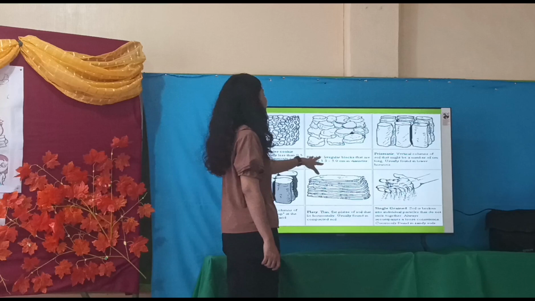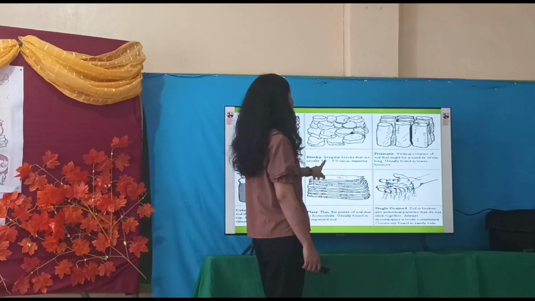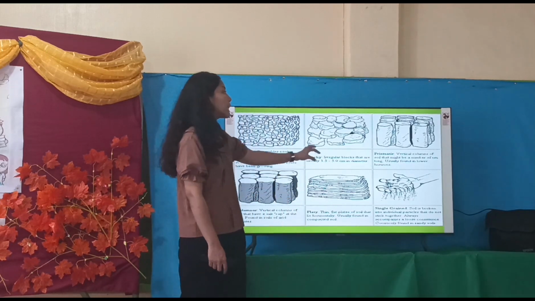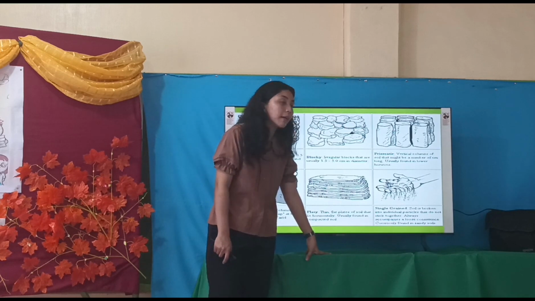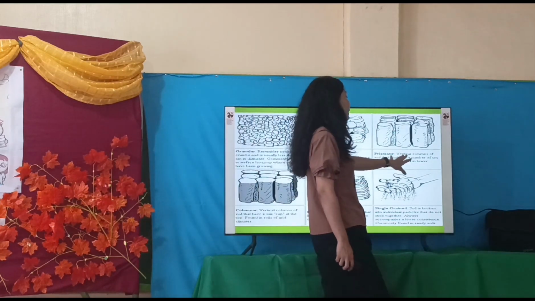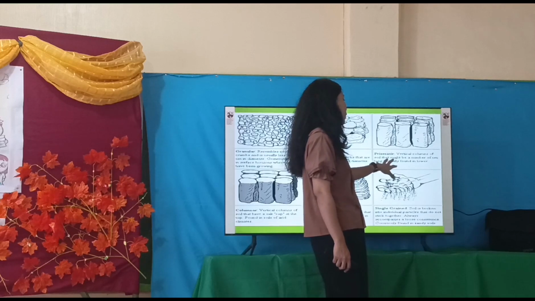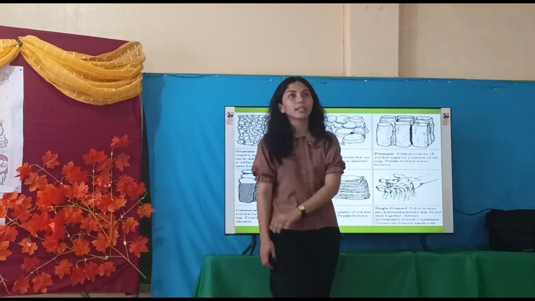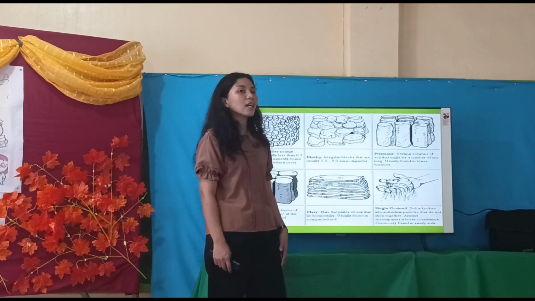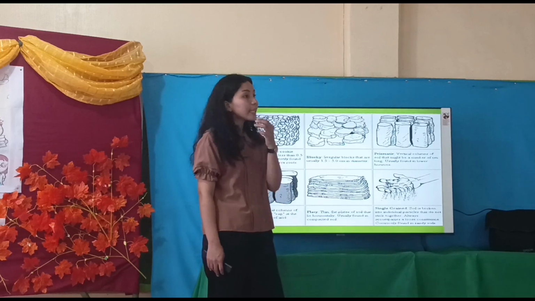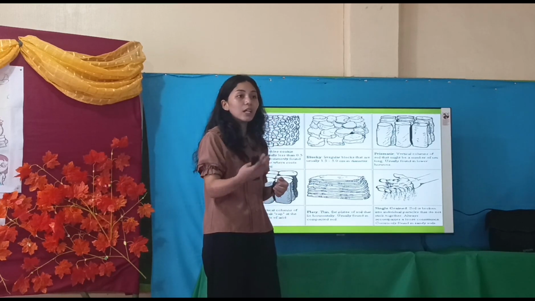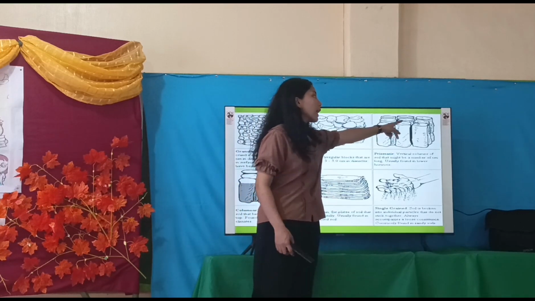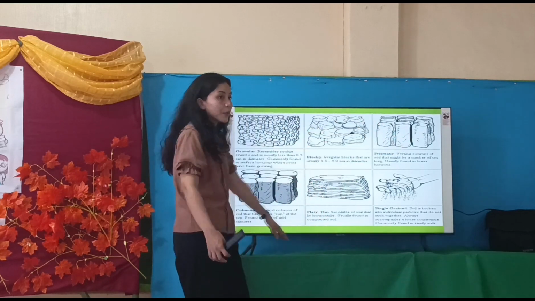So, here naman is blocky, irregular blocks that are usually 1.5 to 5 centimeter in diameter. So, medyo malalaki na itong tipak ng lupa. Diba? Here naman is prismatic, vertical columns of soil that might be a number of centimeters long, usually found in lower horizon. So, makikita din naman natin yan sa mga irrigated na, non-irrigated na lupain. Diba? Yung parang may mga spaces na siya sa gitna at nakita mo pababa.